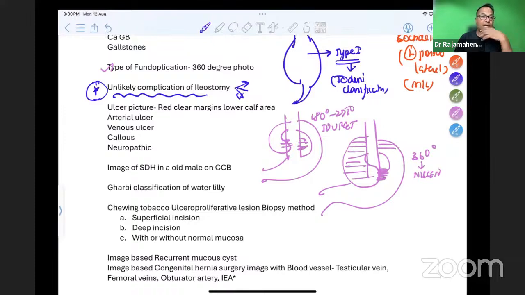Ileostomy flux, fluid and electrolyte loss is a common complication. Parastomal hernia is a complication. Ileostomy necrosis, ileostomy retraction, all these are common complications. I don't know what was the choice, but